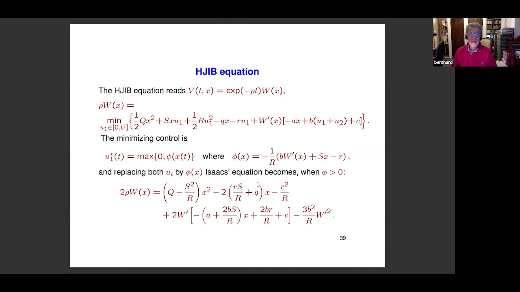Okay, you can write the Hamilton, Jacobi, Isaacs, Bellman equation of this more general system. This slide is used only for two purposes. One is to insist on the fact that I have two forms of the Isaacs equation. The top one that Isaacs calls main equation 1, and the bottom one that Isaacs calls main equation 2, and I will use both. And also you see what the minimizing control is if phi is positive, and the minimizing control is 0 if phi is negative.